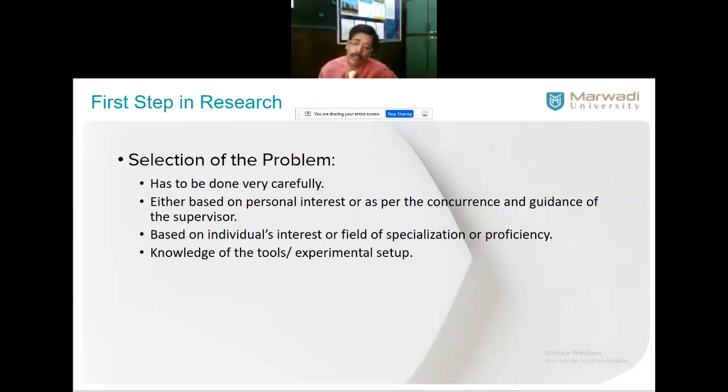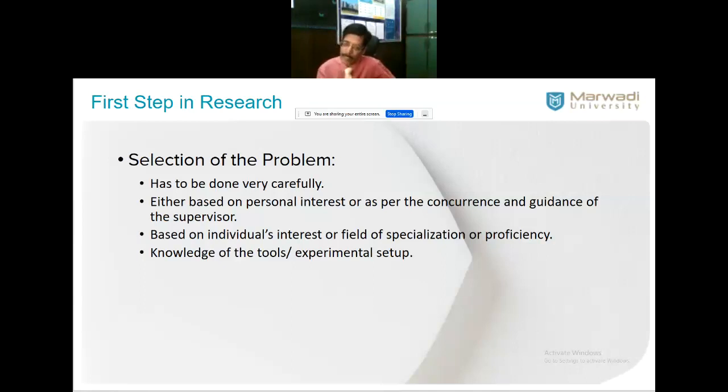Knowledge of tools is also needed. At the later stage the implementation comes, and you may not know that you do not know this particular tool. If you are in non-STEM subjects, you should know a statistical package like SPSS or STATA so that you can get your result analysis and interpretation done. If it is a STEM-based subject, people will go for tools like MATLAB or anything. MATLAB has got a toolbox for humanities and management also. I learned it yesterday. So proper toolboxes can be utilized from MATLAB and similar packages.